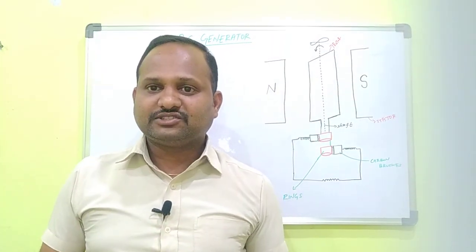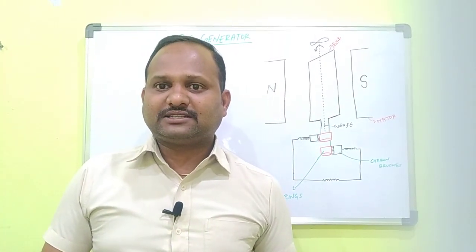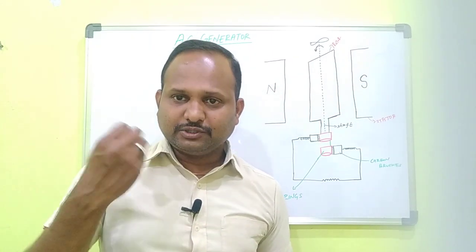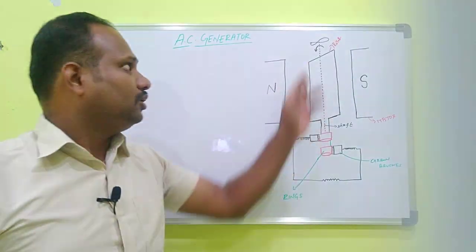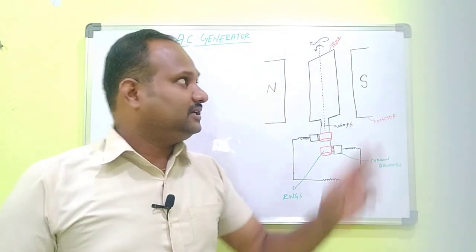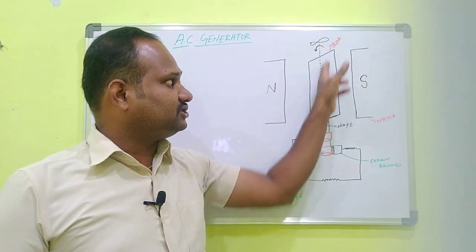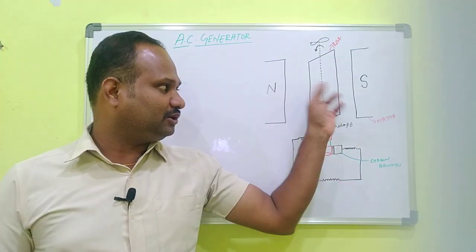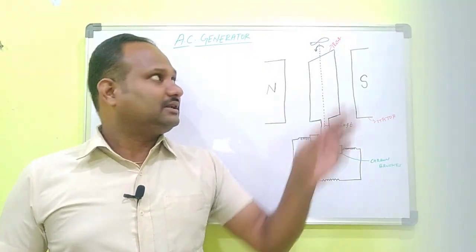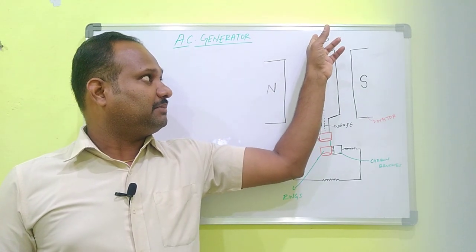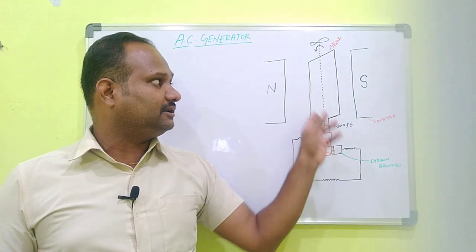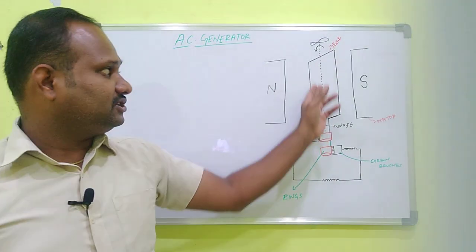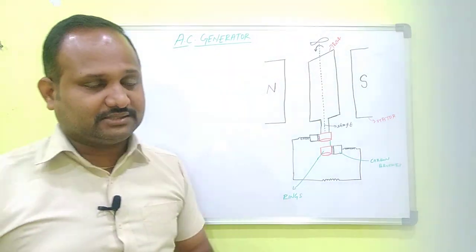For example, steam energy. In a nuclear power reactor, nuclear energy is used to boil the water in order to produce steam. That steam energy is used to rotate the turbine. When the turbine rotates, the shaft also rotates, and the armature along with it. The turbine, the shaft and the armature are all connected, so everything rotates.